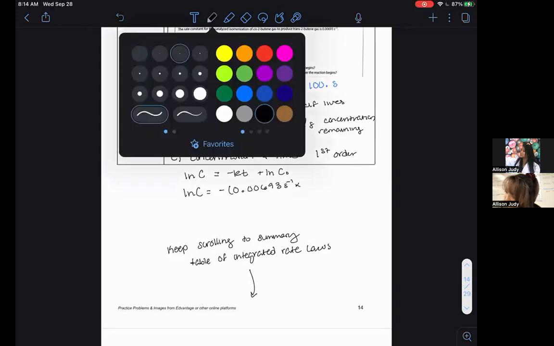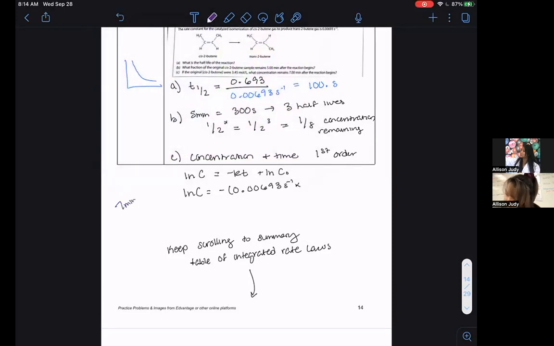And by the way, I was told I have 7 minutes. 7 minutes is equal to 420 seconds. So times 420 seconds, I cancel out my seconds. Plus the original concentration, ln of 3.45 molar. And when I solve for all of that and do the anti-log of ln C,